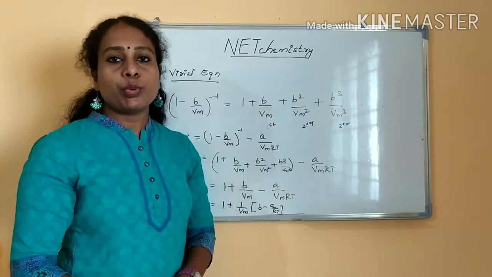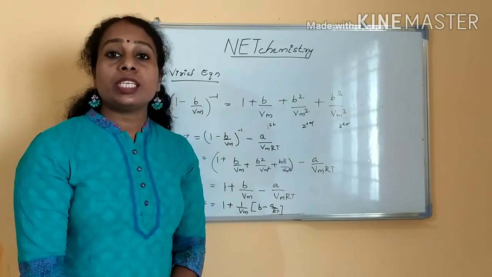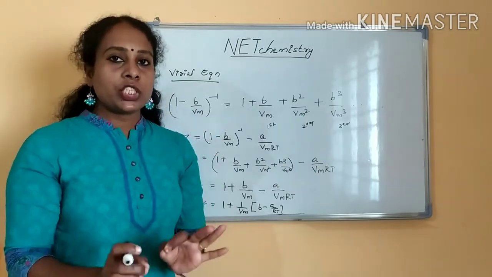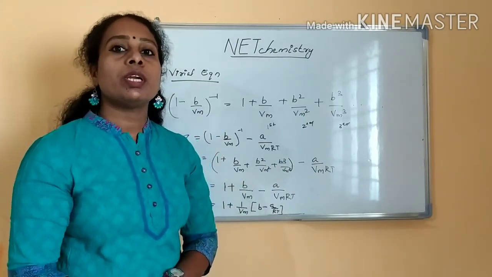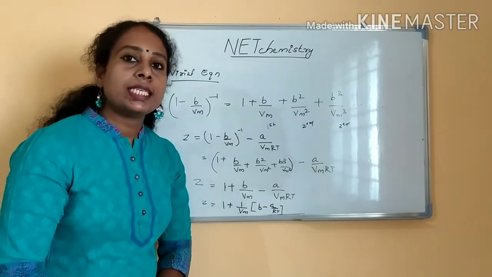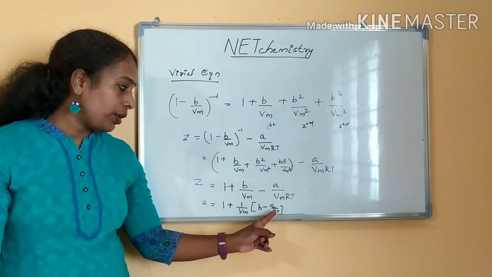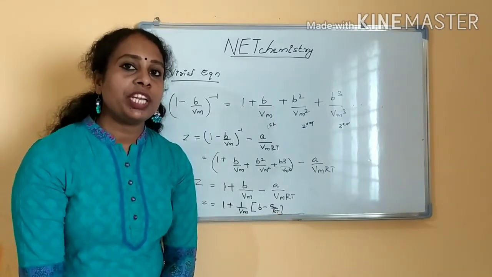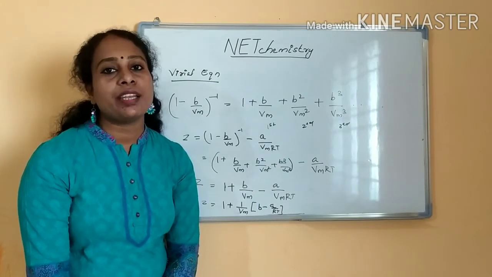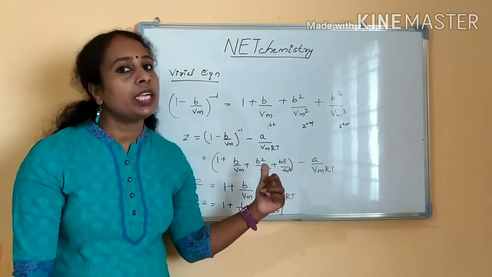This equation is important. Here we have to find out one more thing, Boyle's temperature. What is Boyle's temperature? The temperature at which the first virial coefficient will be equal to 0. That is Boyle's temperature. From this we have to find out the T value. So Boyle's temperature depends upon A and B values. What is A and what is B? I have already shown that. The virial equation is important in this way.